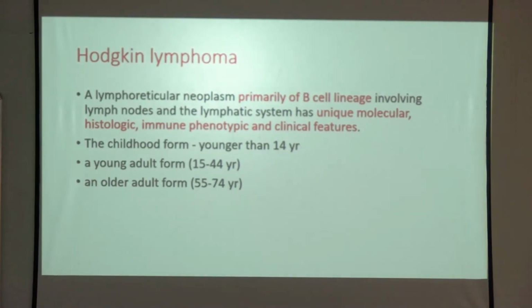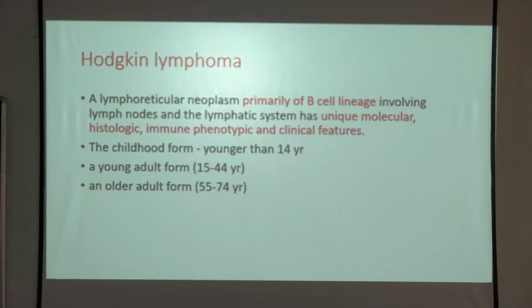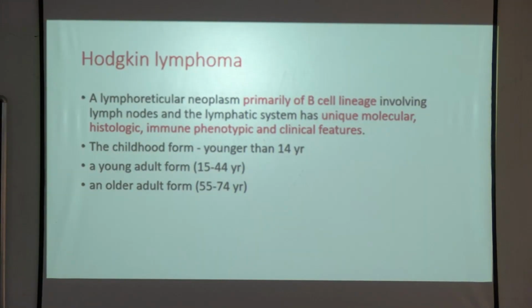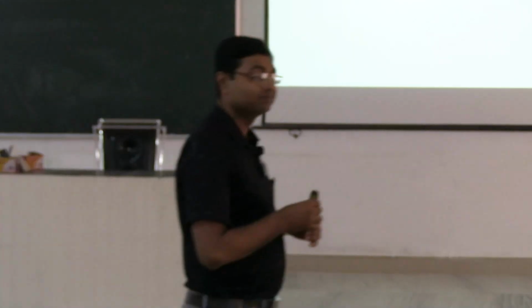এখানে যদিও আছে তিনটে ক্যাটাগরি, ফার্স্ট অফ অল ইয়ঙ্গার দেন 14 ইয়ার, ইয়ং অ্যাডাল্ট ফর্ম, এটা খুব রেয়ার, 15 to 44 ইয়ার্স এটা খুব রেয়ার দেখা যায়। একটা পিক দেখা যায় লেস দেন 14 ইয়ার, সেকেন্ড পিক ইজ বিটুইন 55 to 74 ইয়ার্স। সো ইট হ্যাজ এ ডবল পিক ইনসিডেন্স। কামিং টু দ্য এপিডেমিওলজি, একটা হজকিন্স লিম্ফোমার একটা ভাইরাল কজ বল।